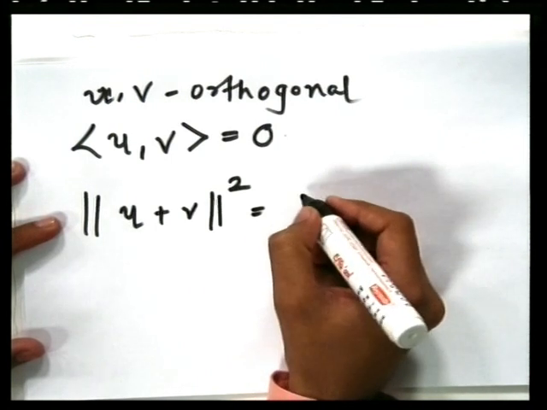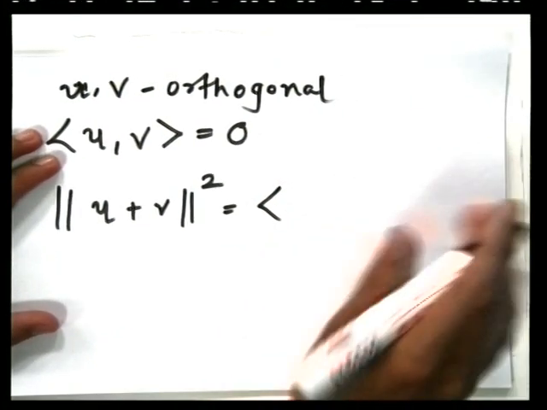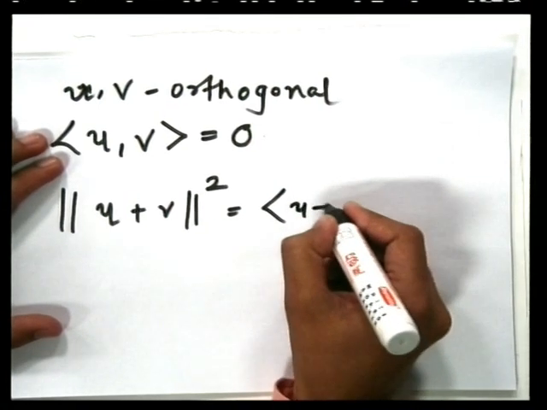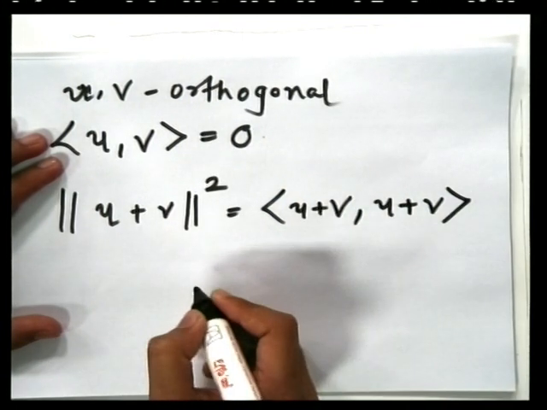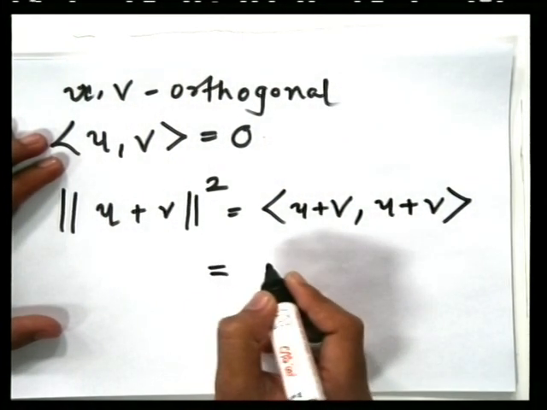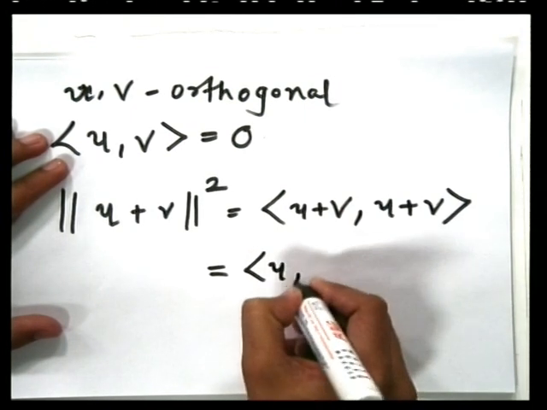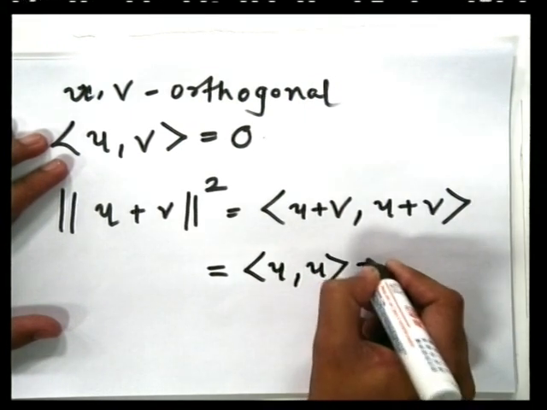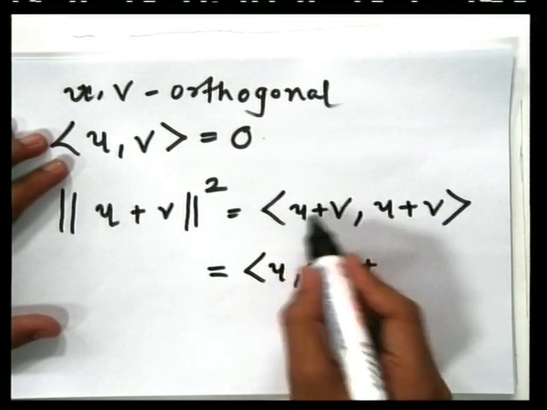By the definition of the norm, this will be the inner product of u plus v with u plus v, and so using the properties of inner product, this will be the inner product of u with u, plus